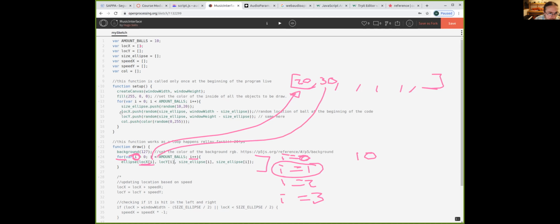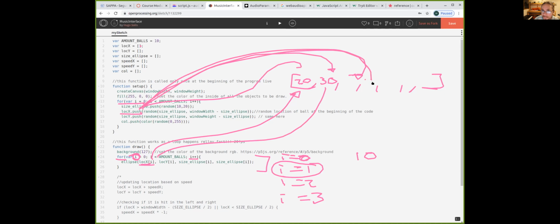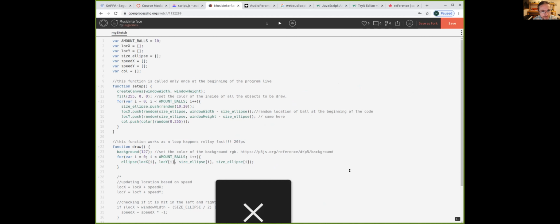Why? Because we were adding numbers here with the push in this for. First, we were adding numbers by random. And then now we are going and retrieving. Do you understand this logic? Yes, thank you, teacher. Okay, so